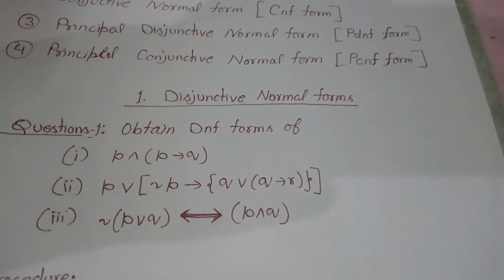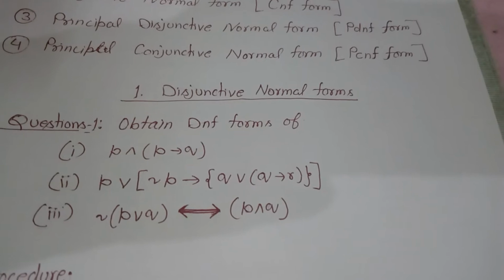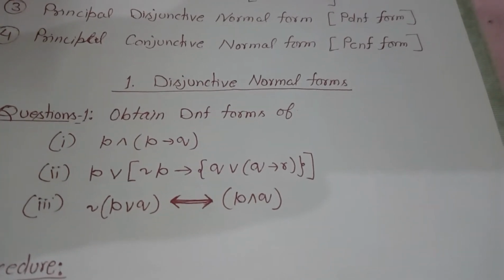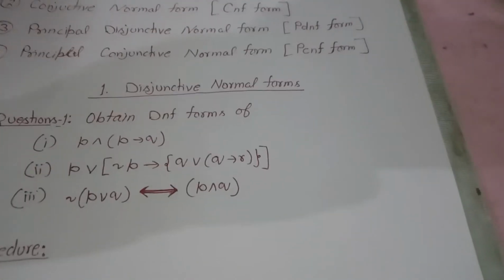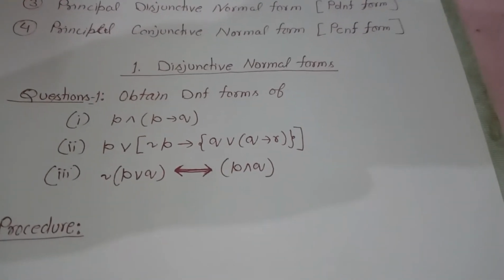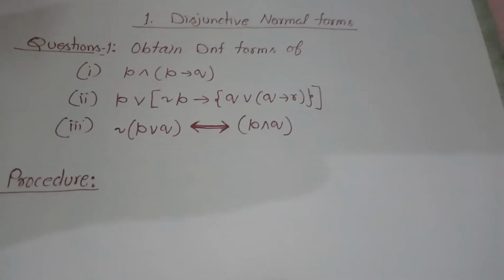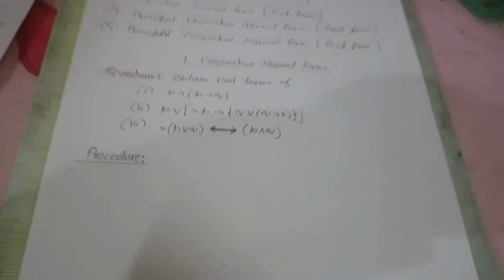There are some procedures to find the DNF. I want to explain that there is a common procedure to find normal forms. The procedure contains 4 steps. Number 1,